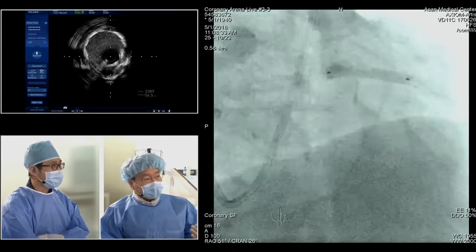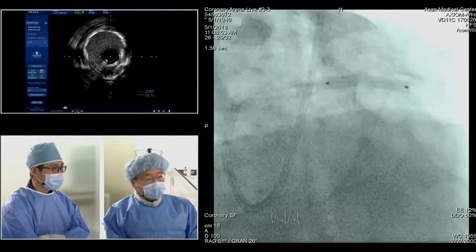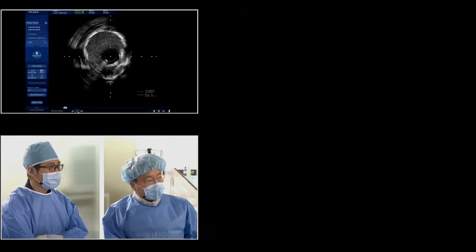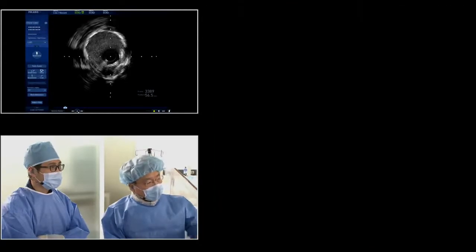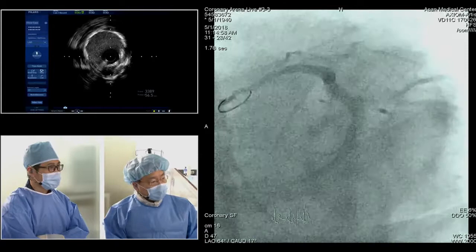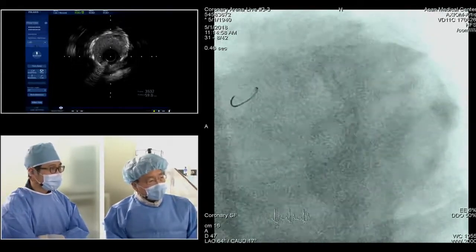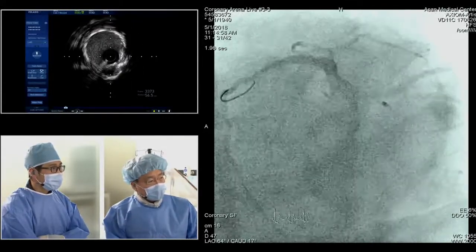High pressure inflations in some part up to 28 atmosphere. Okay, go ahead. A high pressure inflation, almost 28 atmosphere, 35. And ostial part here, spiral view, a little bit compromised circumflex. However, we've seen that even after the procedures. Okay, again,